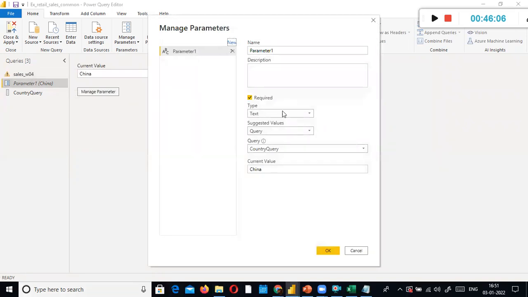I'm going to modify this one. I'm going to say text value, because that's a text value, any value. Here I'm going to specify the path, D colon dat1 sales underscore W04 dot CSV. This is my current value. But when you use edit parameter, once you apply this one, you remember, right? The user should be able to supply their own folder. They can specify dat2, dat3, dat4. But whichever folder it is, the file name should be the same and the structure should be the same. The column names, everything should be the same. Okay.